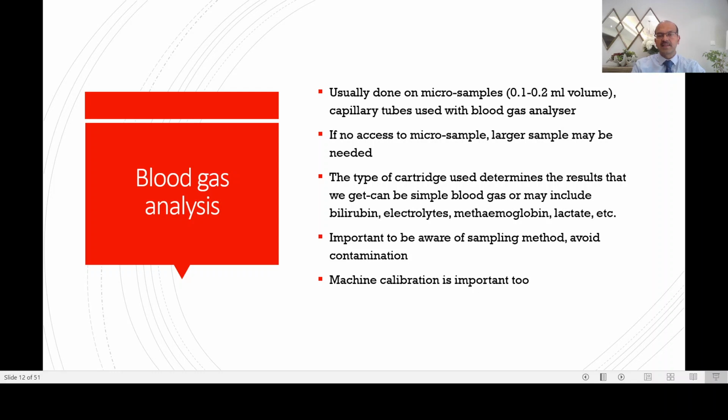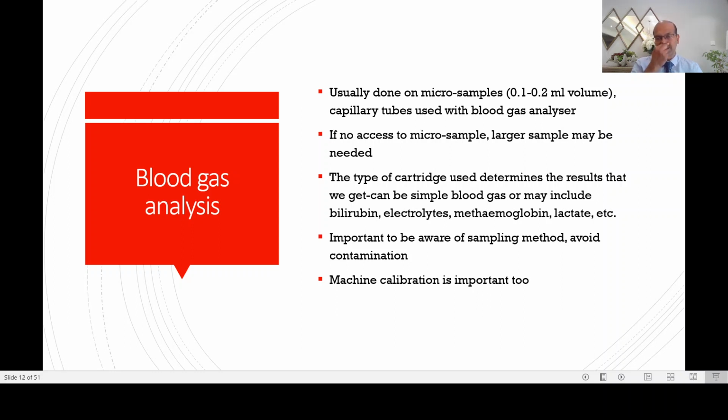Blood gas analysis is usually done on microsamples. When it comes to neonatology, it's very important to focus on bloodletting volumes. And obviously, when we have microsamples, which are like 0.1 to 0.2 ml of volume, you shouldn't really send a bigger sample. So one of the key requirements of any busy neonatal intensive care unit should be a standalone blood gas analyzer in the NICU. In case you are in a smaller unit and you don't have a standalone analyzer, you can always send it in a capillary tube to the lab, placed on ice and secured properly.